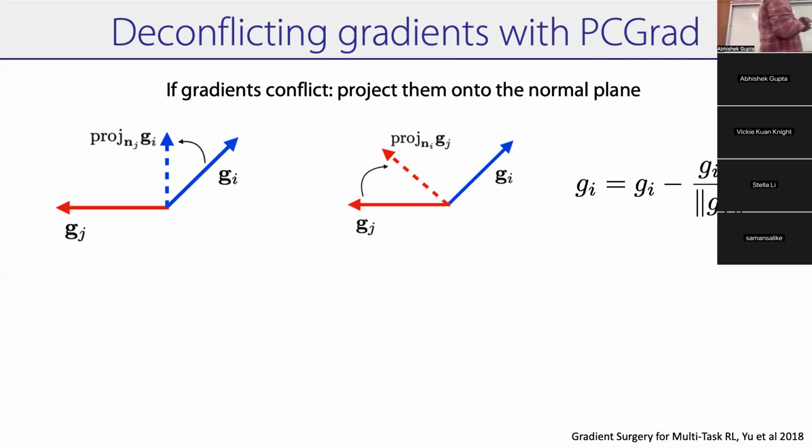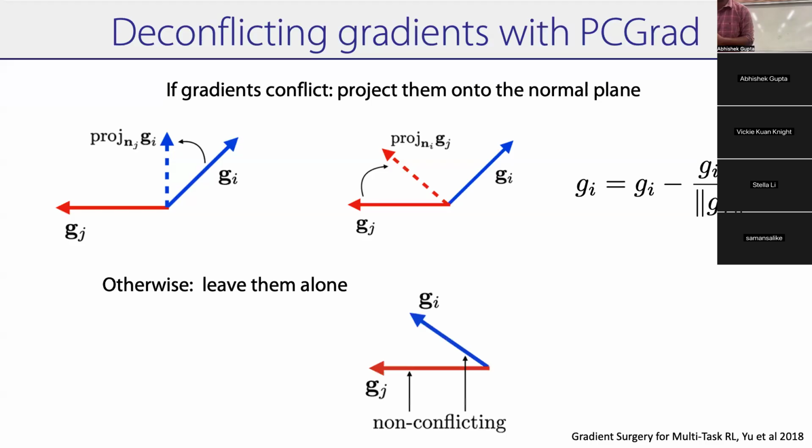So all you really have to do is take your gradient GI and project it. This is just a projection of your gradient onto the unit normal perpendicular to GJ, right? So you're going to kill the part of the gradient that is directly conflicting with GJ. Right? And so you're going to do this across different tasks. And then you're going to add up your gradients if they're conflicting, and if they're not conflicting, just leave it alone. So we call this gradient surgery,